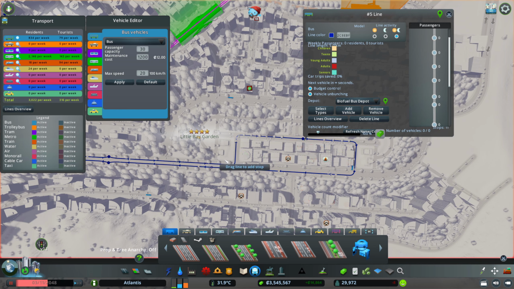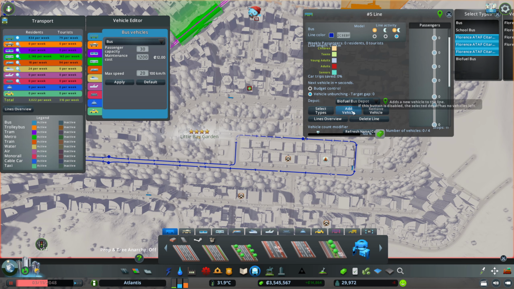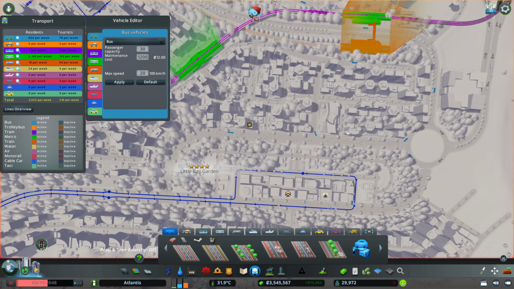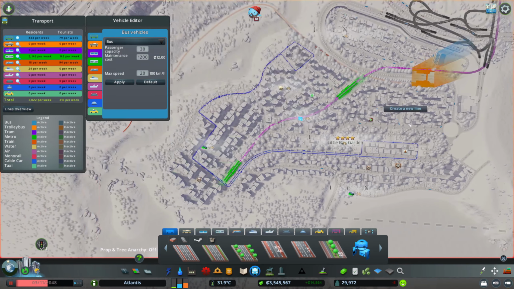Now look at this, I might just change that. Yeah, I think that'll look a little bit better if we go this way, so they don't cross each other's way. And I'll select types here, all the same buses that we usually do, and I'll add, let's start with 6 buses in here. I don't know if we need all that, but let's see. And from this other area, so just